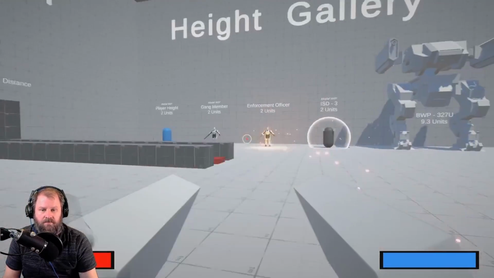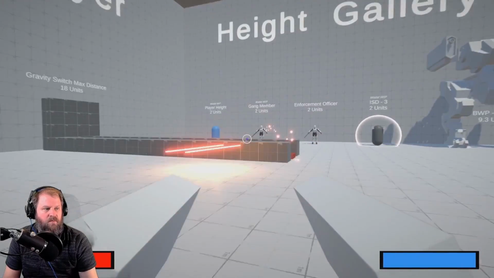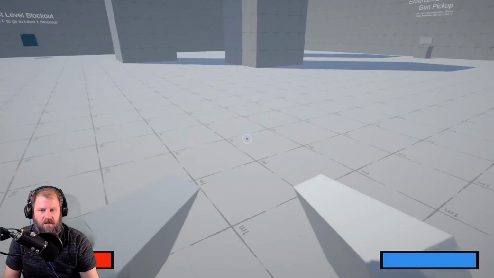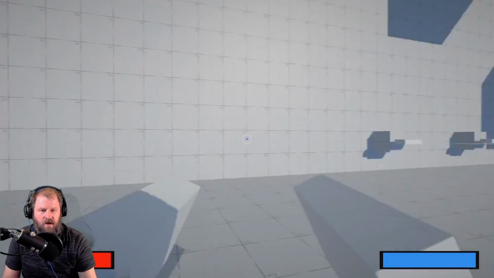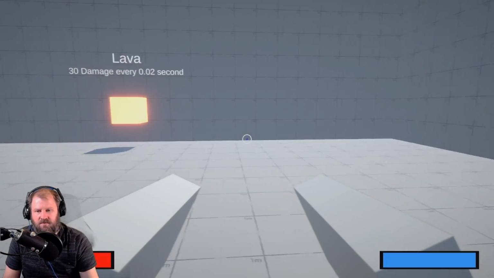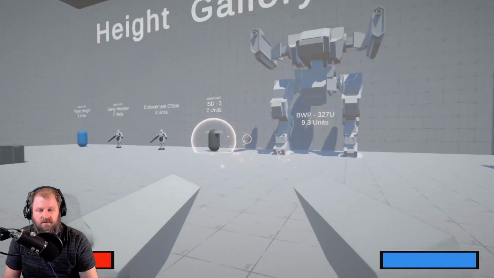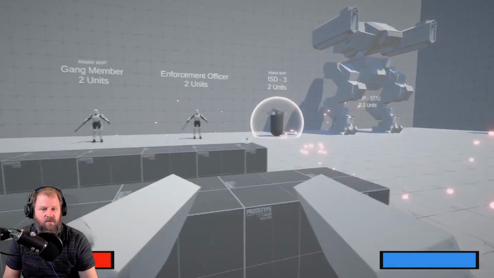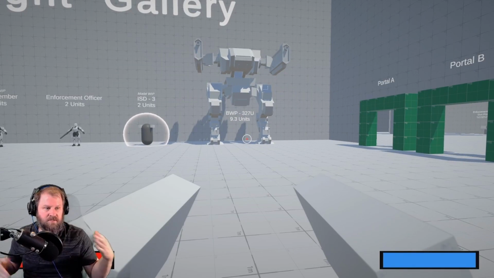It's really cool though. For a tutorial level, I would be curious to see one without this gravity mechanic, at least for a little bit. Maybe that's something that gets introduced down the line. But forcing the player to be in motion to actually fire their weapon is really cool. It would be cool as well if there was an indicator of that.